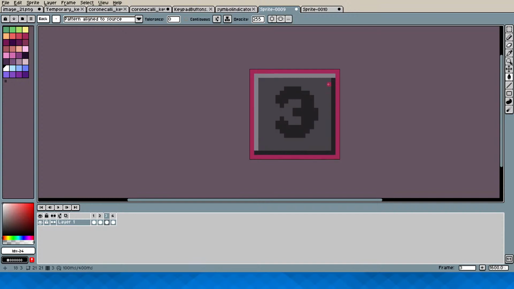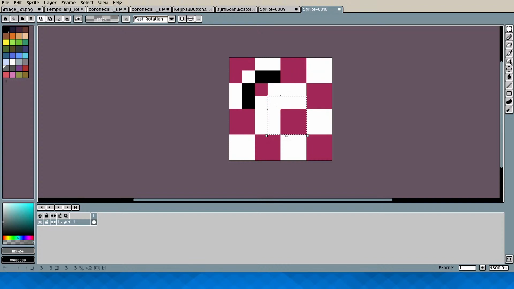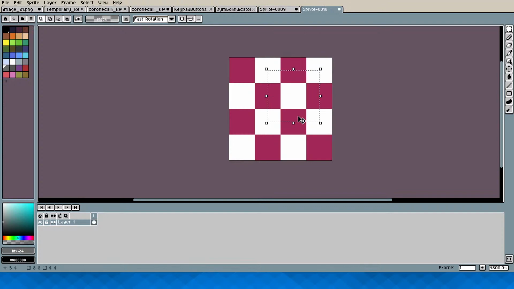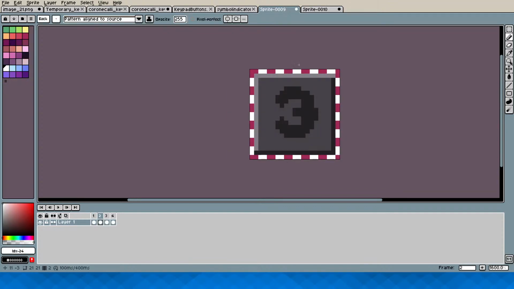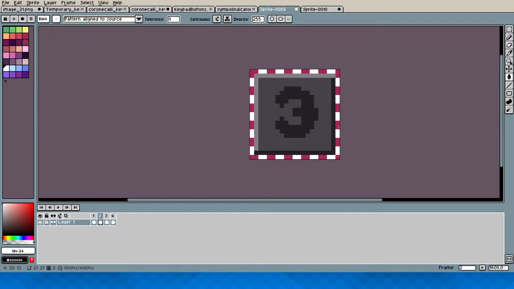Here, wait, that didn't change at all. Did I do that right? Actually, I need to select this area instead. Wait, is that the same? Is that the same thing? I need a white thing here. So I need to get this pattern and do right here, and oh, I haven't selected the pattern, I think. Wait, huh? What's going on here? This doesn't look right.